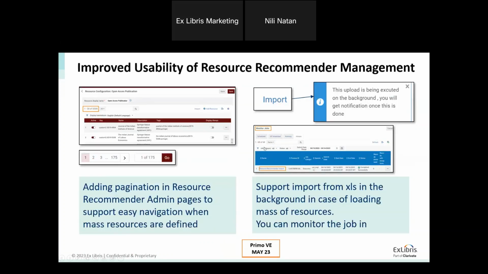Okay. Next, we did an improvement to the way the resource recommender management is being done. Some institutions are really using the resource recommender for mass load of recommendations. We found that they are importing Excel files with 19,000 rows. And this makes the ability to manage the resource recommender a bit slow. The ability to navigate and edit or to import the resource recommender was not optimal for those